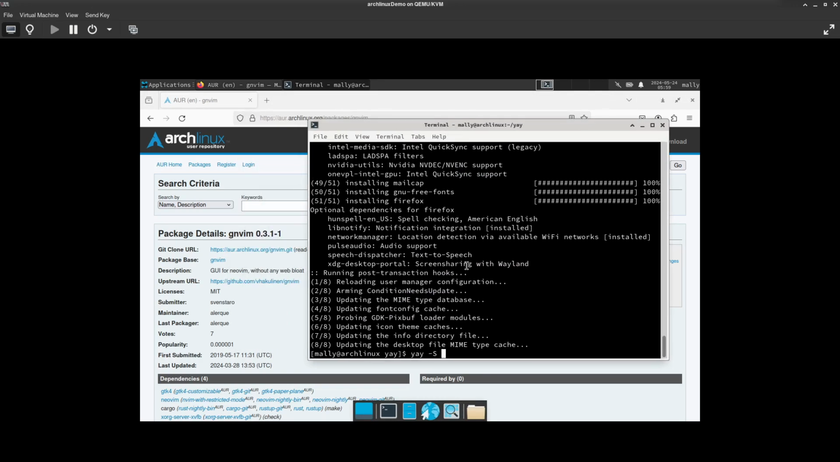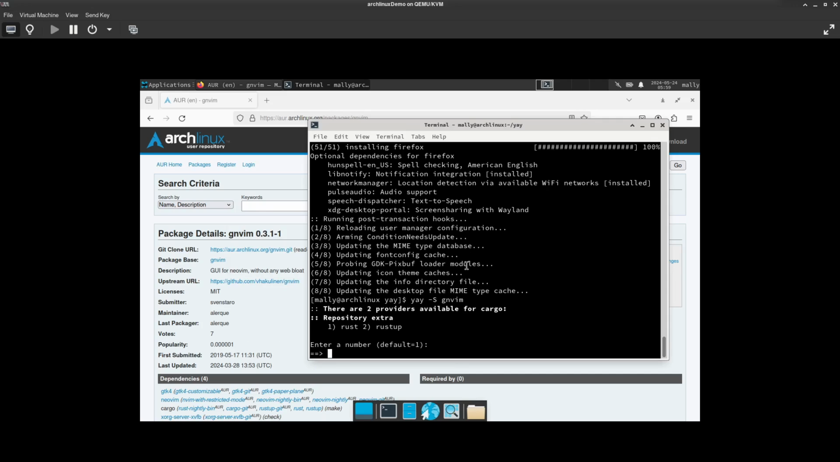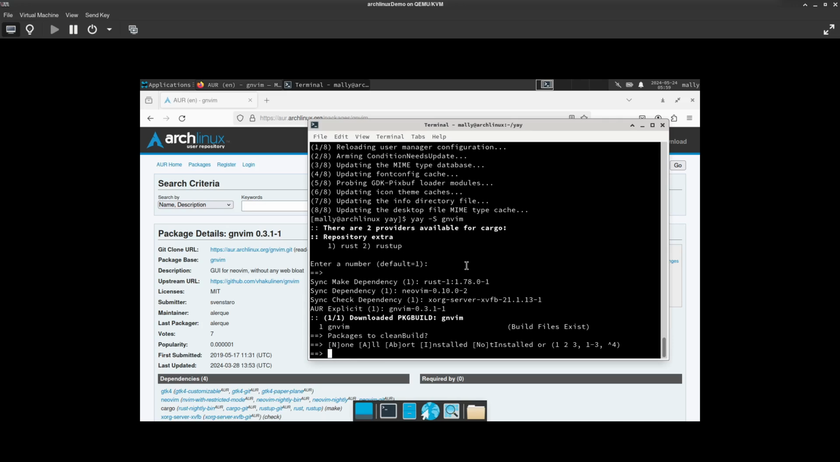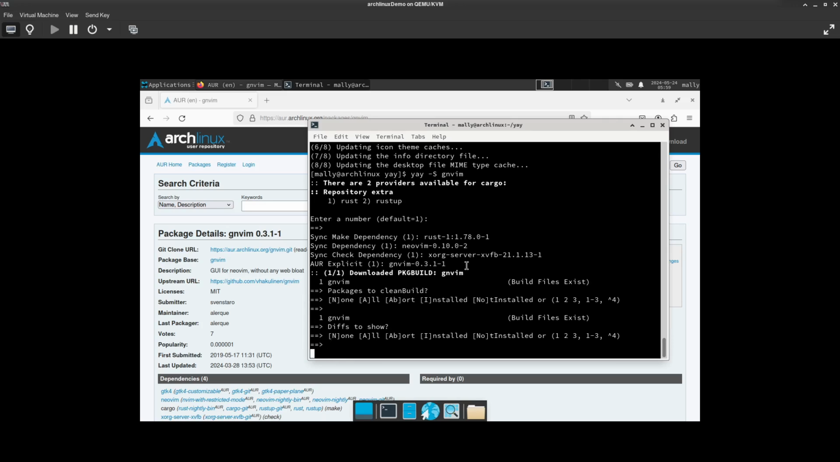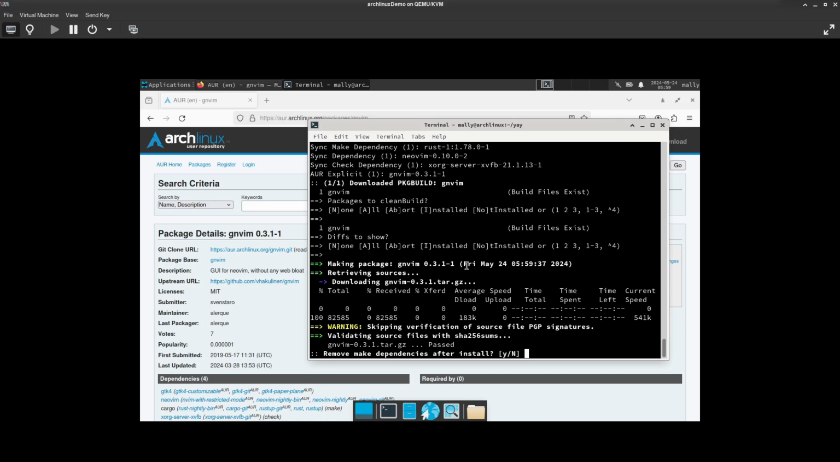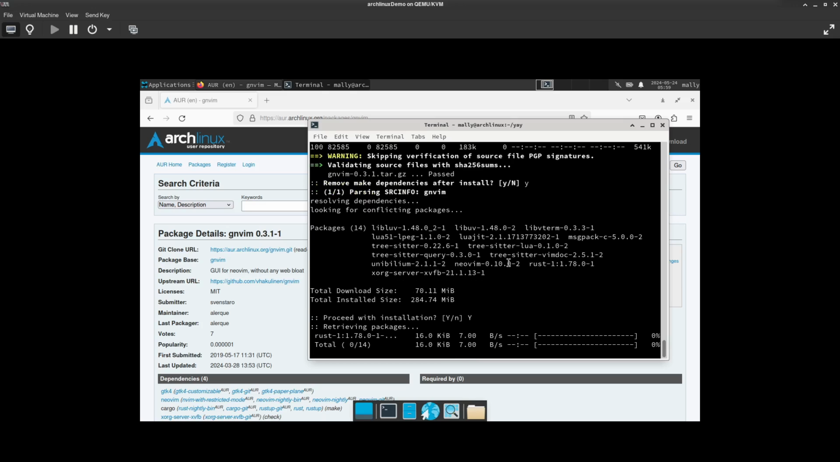We're going to do yay -s gnvim, and we're just going to do default. You should just select enter throughout all these things if this is your first time installing it. If it's not, when it says packages to clean build, you should probably say all if you're doing like a clean reinstall or something like that. So yeah,